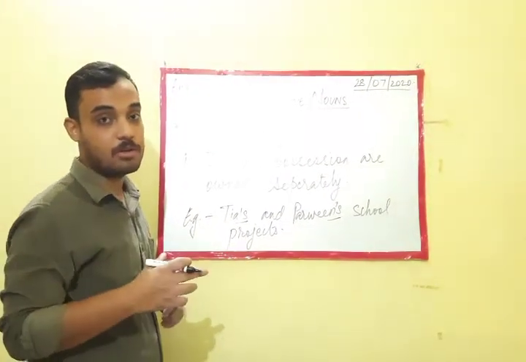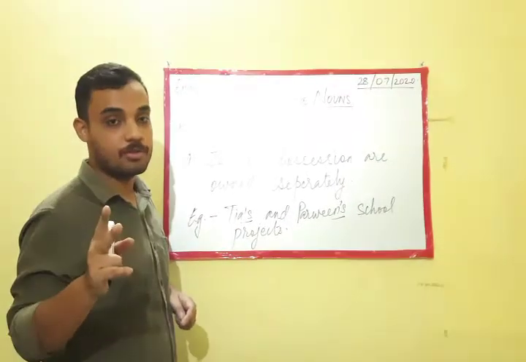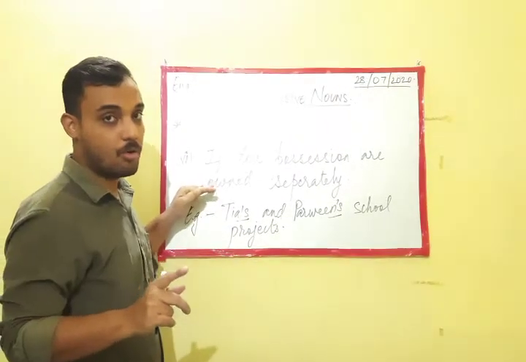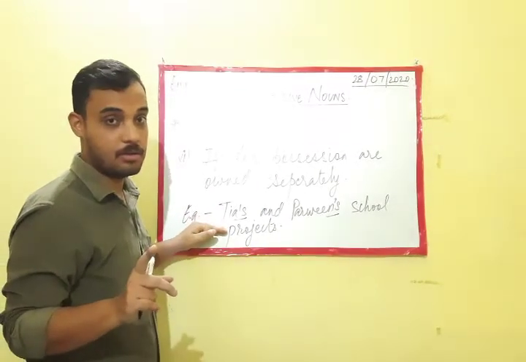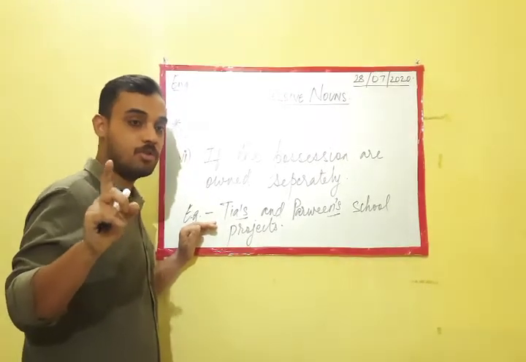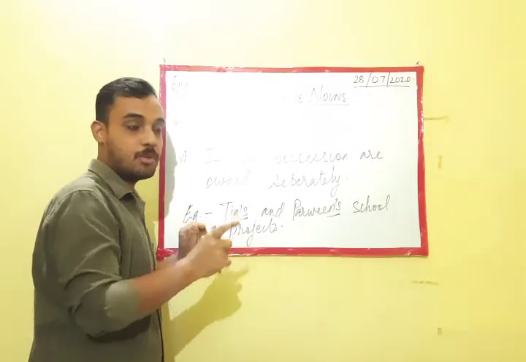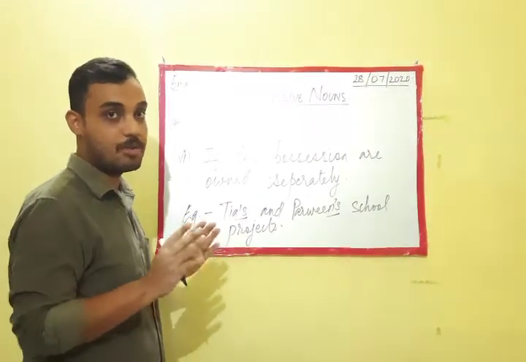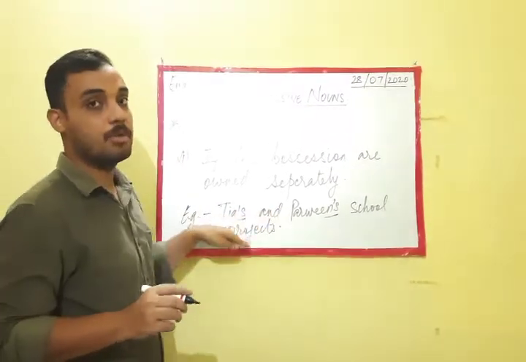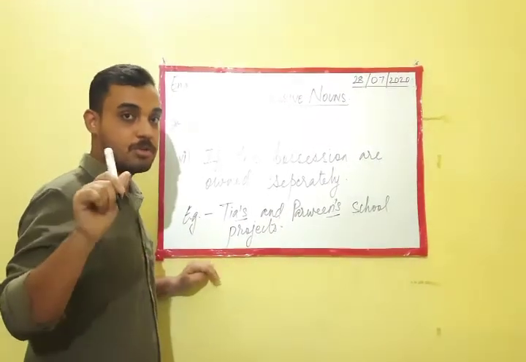But in the previous point, we talked about two or more persons having the same thing, where the ownership was the same. In this point the ownership is separate, meaning belonging to their own. Therefore we use apostrophe s with both persons because they have separate belongings. But in the previous point it was not separate, it was the same.